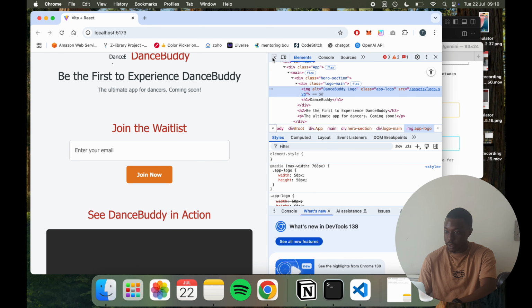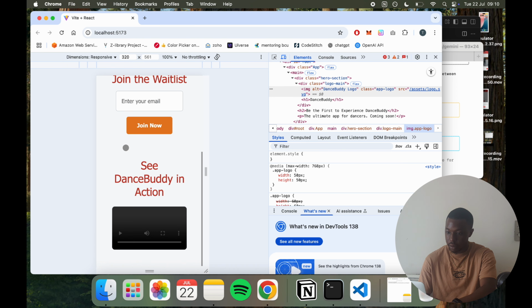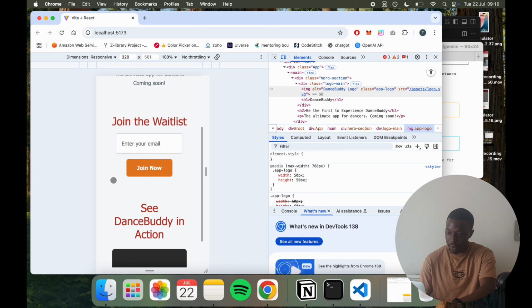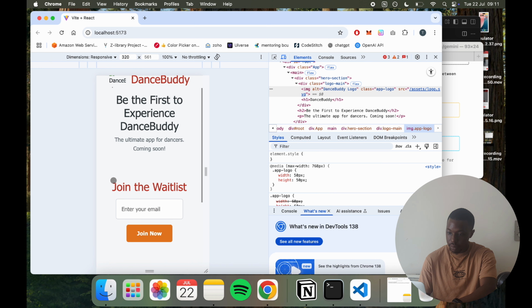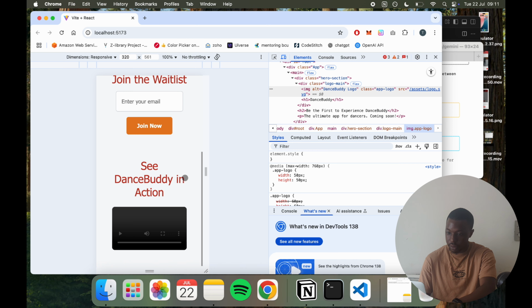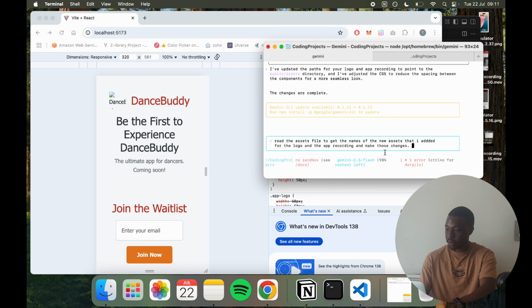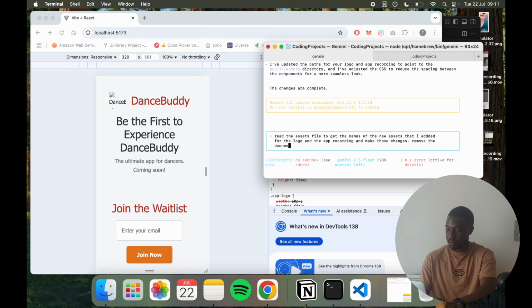What are the changes? Let's look at the mobile version of this app. No side scrolling. That looks okay, not the best, but it looks somewhat okay. I'll probably remove the See DanceBuddy action text. I'll update the headline and the subheadline and make a couple more changes. So remove the DanceBuddy and action text. Also update the headline, so the headline from our application will be something like